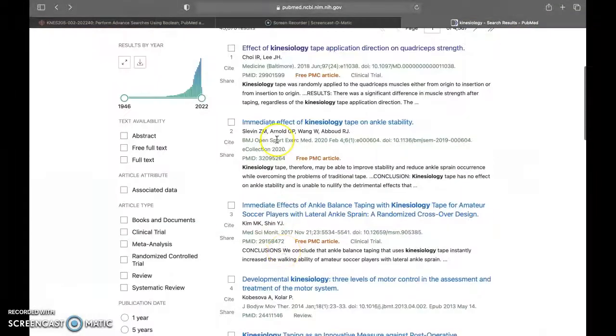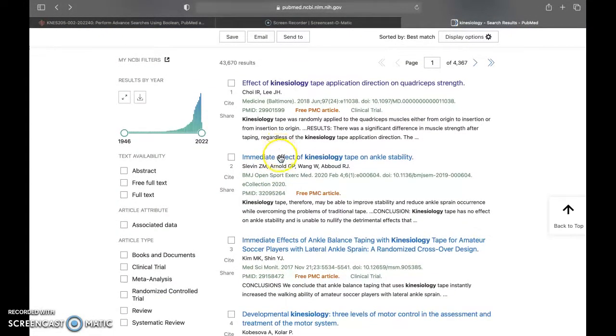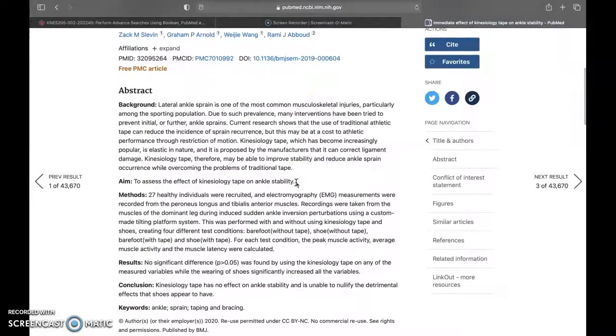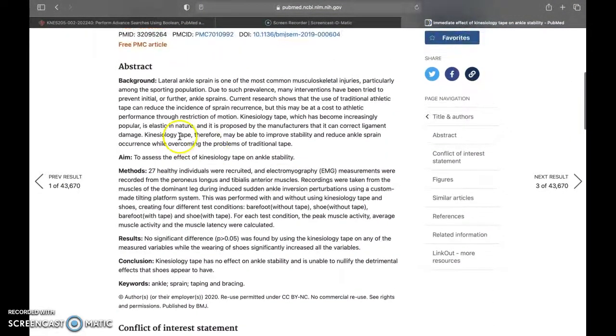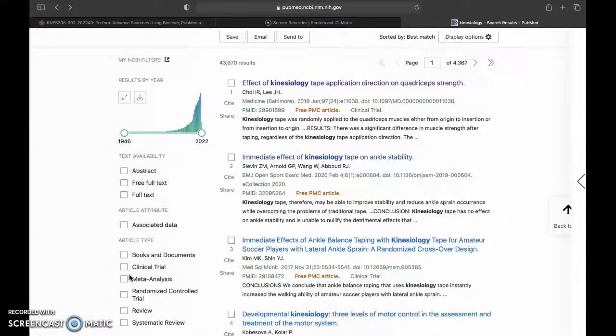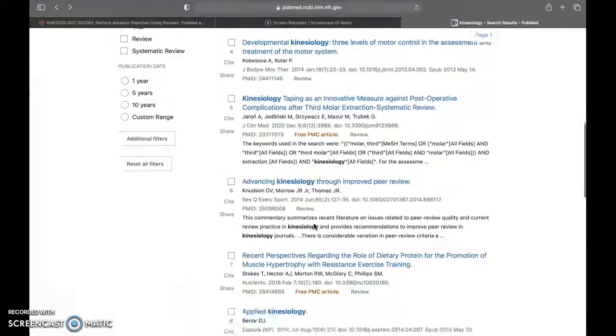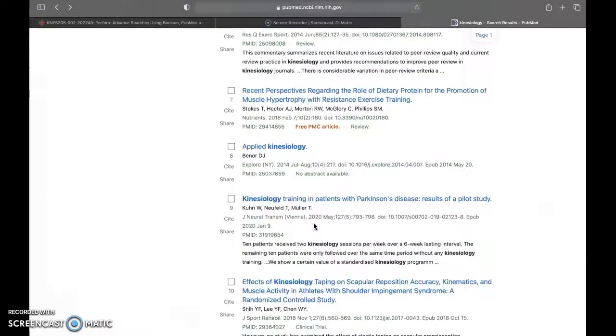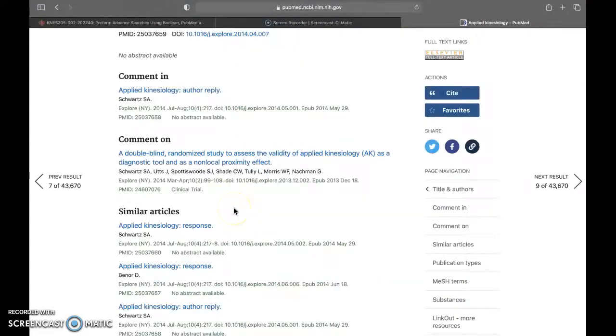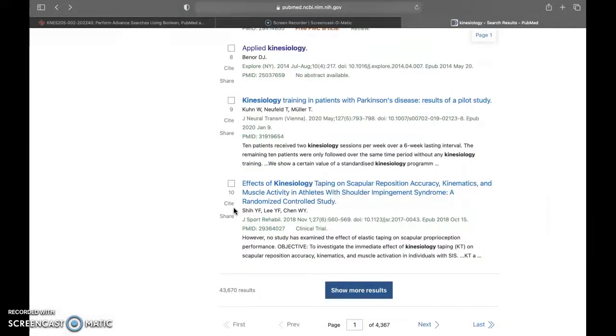You go back here. Then the next one is immediate effect of kinesiology tape on ankle stability. And right here again, it'll show you your background, aim, methods, results, conclusion, and keywords. And going down a little bit, we're going to scroll down a little bit here,